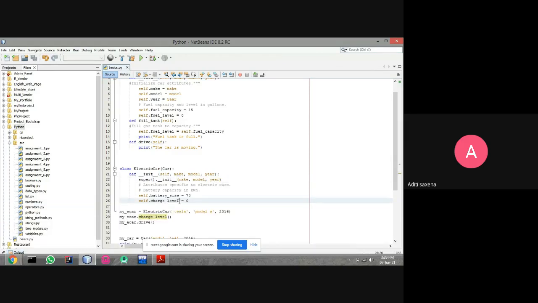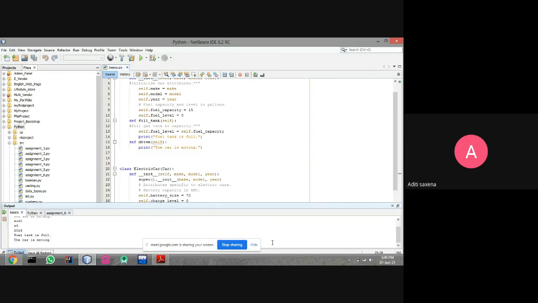Why is this not working? Okay, I'm sorry, because this is an attribute, not a function. So this is my fuel tank. And first I am printing the charge level.